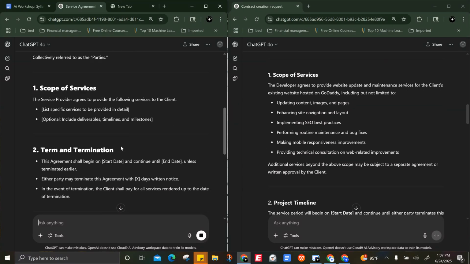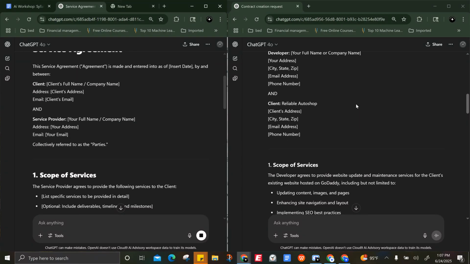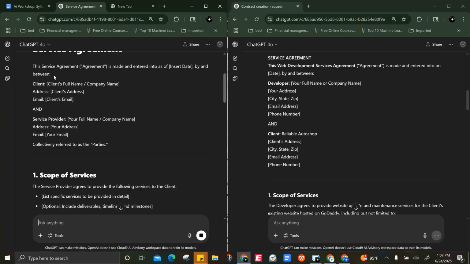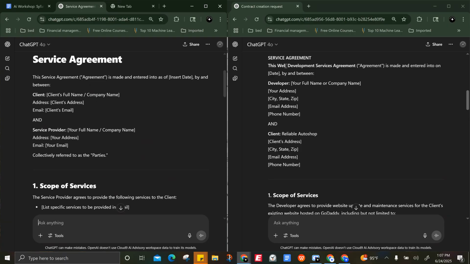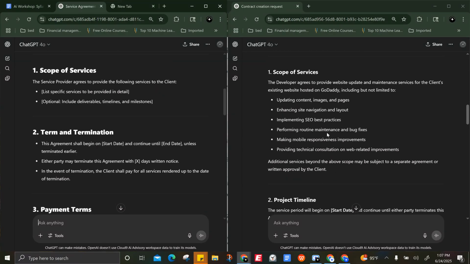Okay, now this is a comparison. So the first part, it got the same thing here as far as this is a contract, but it was more specific, saying that this is a web development service contract because I gave the details here, and here it was generic. And then the scope of the services, it's able to give us more specific information to work off of. Now, maybe I will remove some things or add some things, but having this here is a better